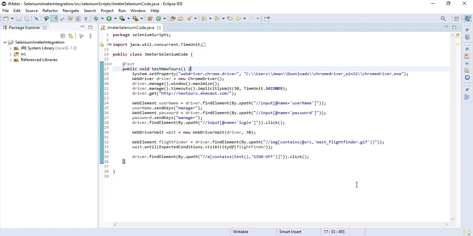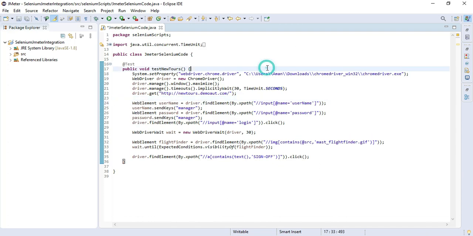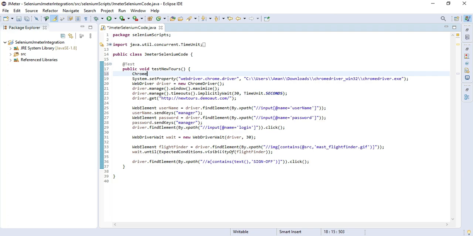So let's continue, and let's just create a Chrome options class object. Okay, ChromeOptions options is equal to new ChromeOptions.